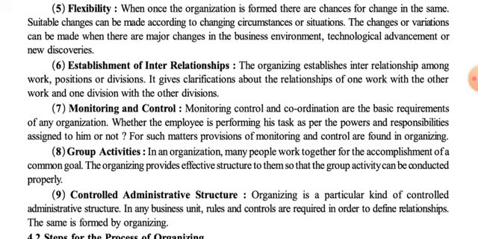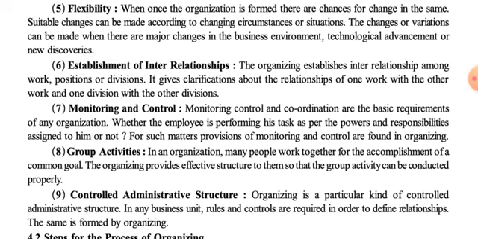Next, this interrelationship gives clarification about the relationship of one work with the other work. It means whenever the marketing department requires funds for advertising or personal selling or promotional activities, they may ask the finance department. When the production department wants to make any production planning, they also have to ask the finance department, and the finance department gets orders from the general manager or board of directors. So there should be a proper relationship of one work with other work and one division with the other division.